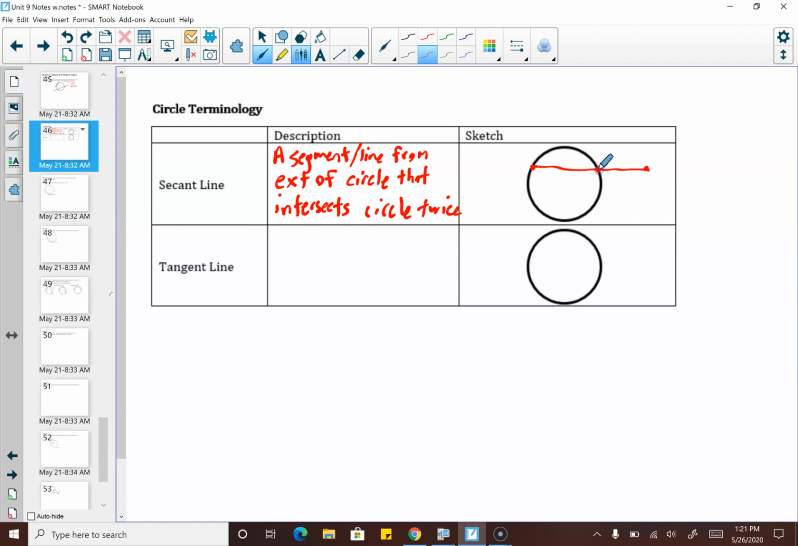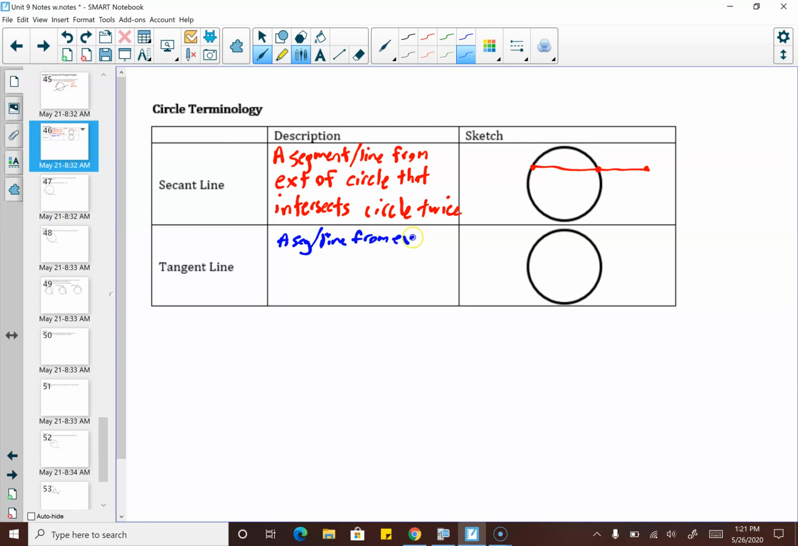All right. So an example of a secant line would be something like that. You'd have 3 points, the 2 that hit the circle and then the 1 outside. You could continue it past and it could go through the circle on both sides, but that's probably the most generic way that you see it. And the tangent line is basically the same thing. Okay. So it's a segment or a line